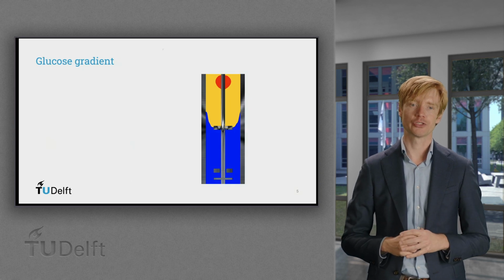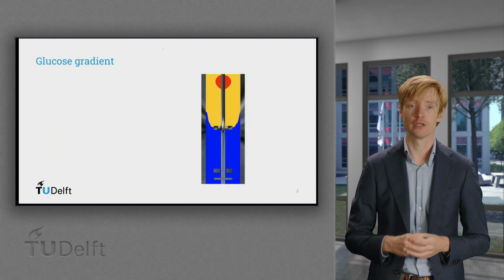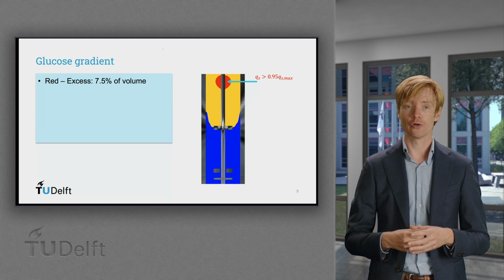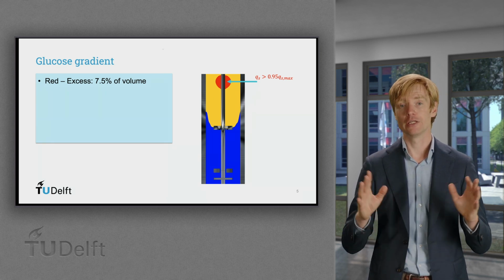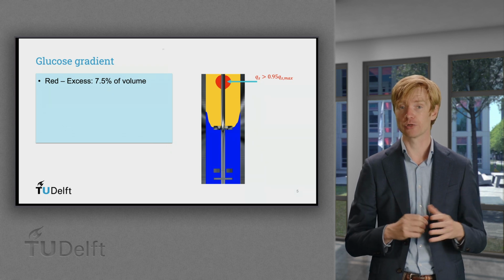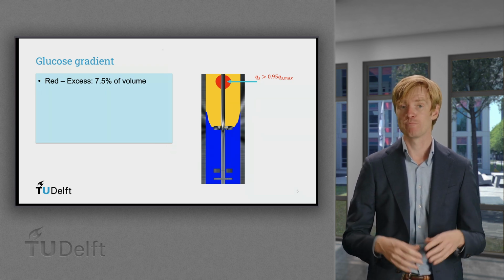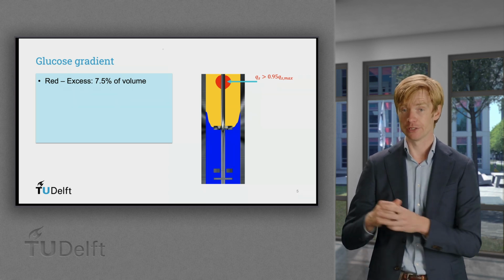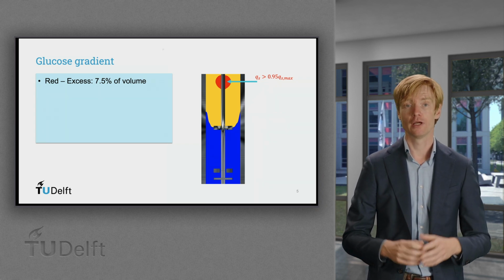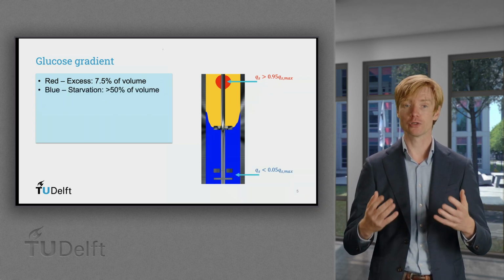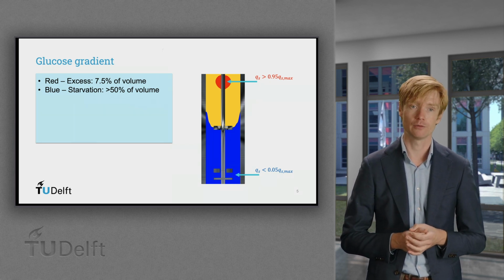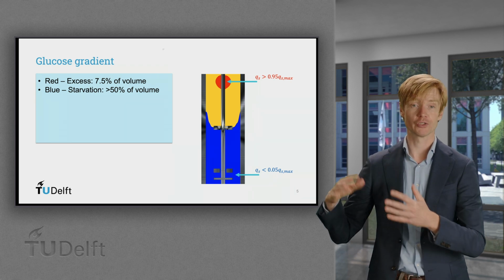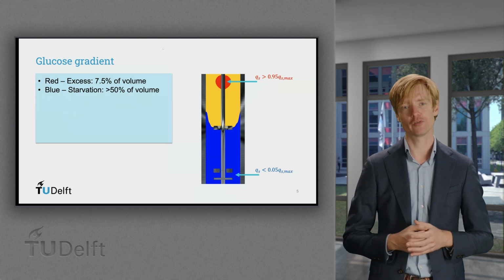We know that glucose consumption saturates for high glucose concentrations, and the region where this happens is indicated here in red. We also know that the organism Penicillium cryptogenum needs approximately 5% of the maximum glucose consumption for maintenance purposes. Below 5% uptake, it may get into a problem, starvation. That region we indicate here in blue. And the region in between, in yellow, is glucose limited, but there is sufficient glucose available. This excess regime in red covers about 7.5% of the volume, while starvation in blue covers over 50%.